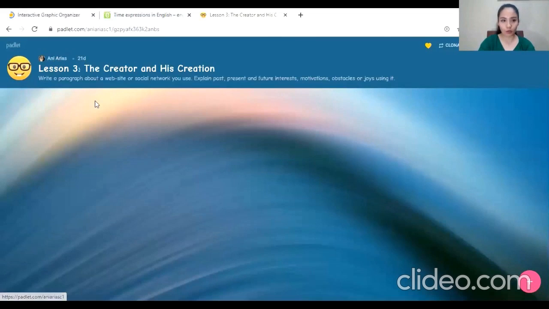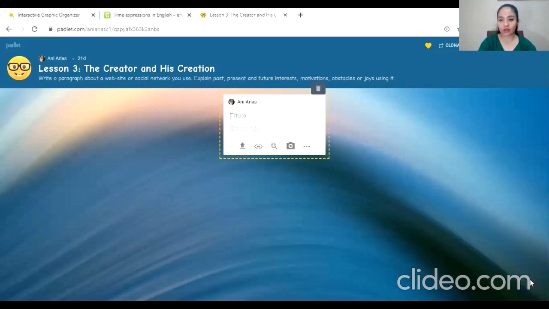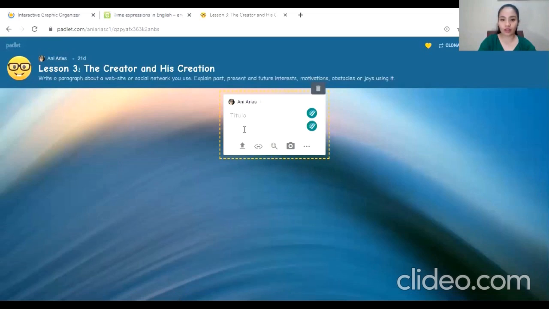This is the wall in Padlet. I created lesson number 3, the creator and his creation. Write a paragraph about a website or social network you use. Here there is a plus, so you have to click here and write the title of your paragraph, and here you have to add your paragraph.